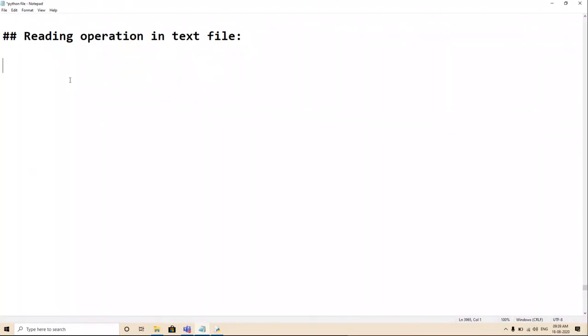So here we will discuss 4 functions. Again, they are very easy functions: read, readline, and readlines. Okay, so let us start the reading operation in text file.